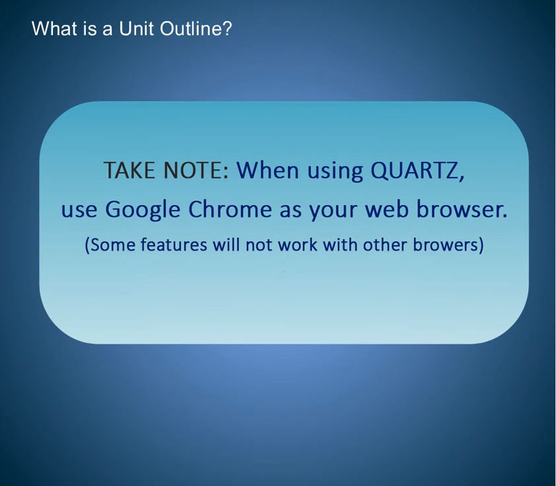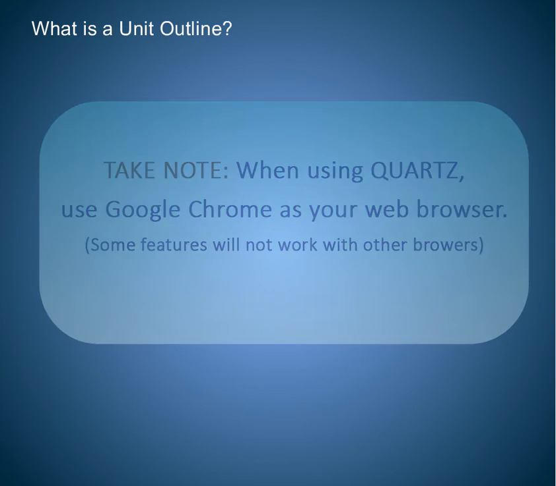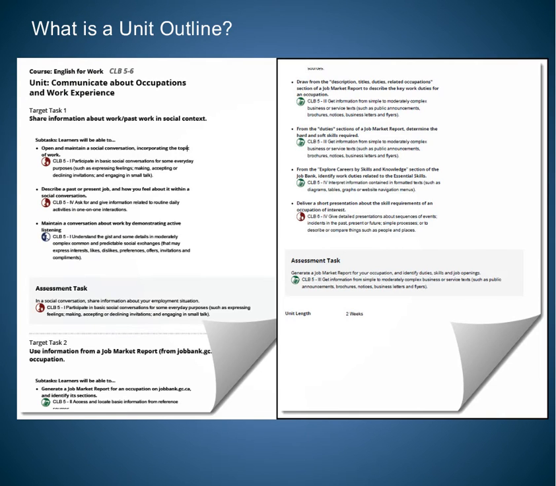This video demonstrates how to use the Unit Outline Builder to create a unit outline on Quartz. A unit outline is a short skeletal outline of the outcomes of a unit. Its purpose is to guide your lesson development process later and keep lesson planning focused on helping learners achieve the